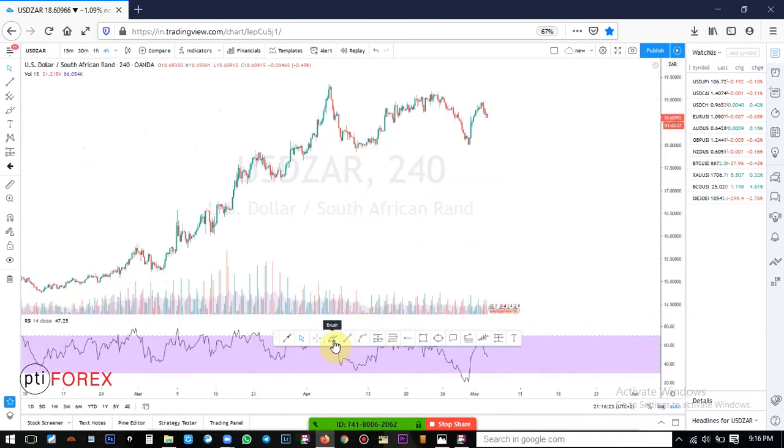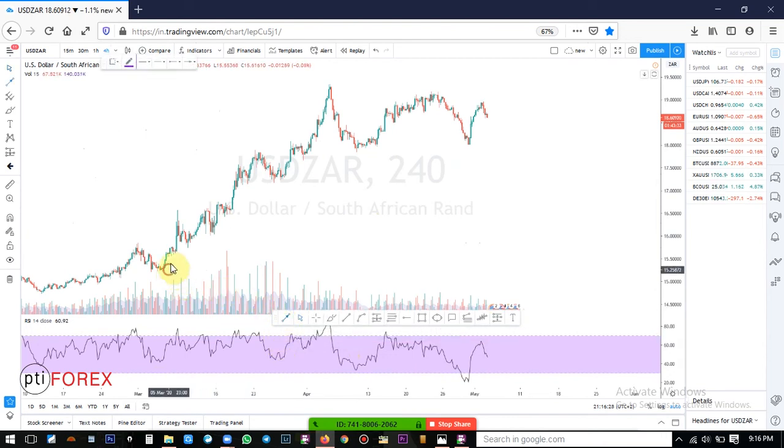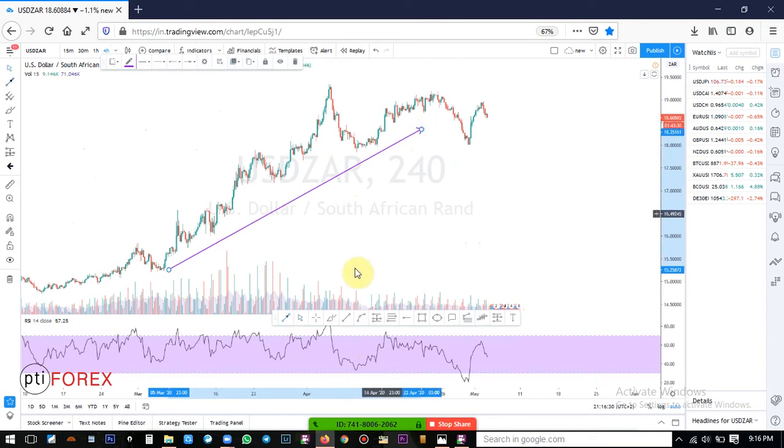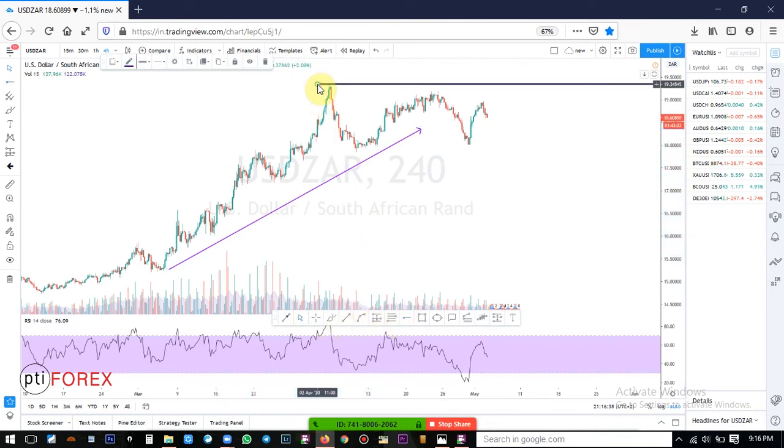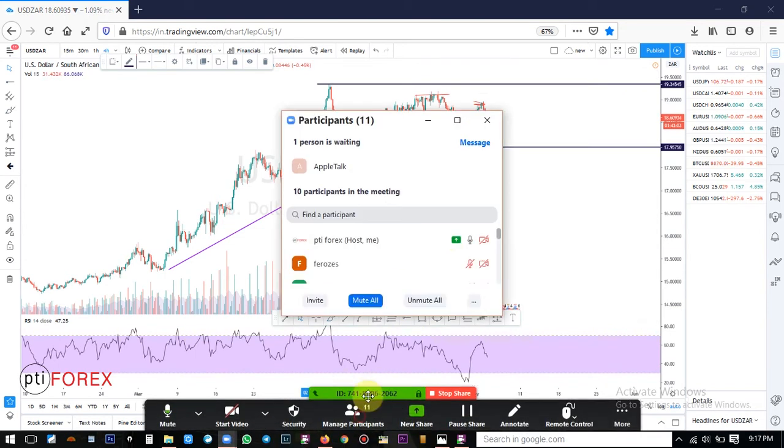So the interesting part in the 4-hour, what we can see is that initially the price was moving very strong in an uptrend, but what we have now is this level there, which is now a barrier blocking the price from going all the way up. Hence seeing price forming a new lower high here and another lower high here. However, on the downside, you can see that it's more like a straight level, which means that